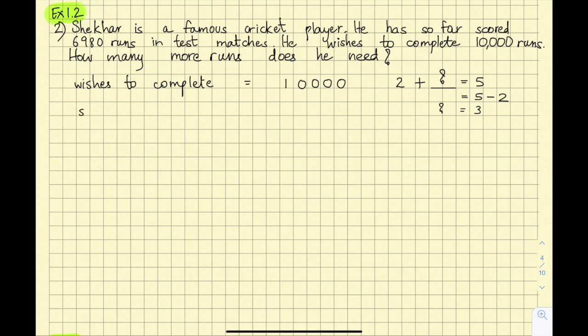So I write so far scored. So you can see everything is being copied from the question, and it's good if we write from the unit space or one space: 0, 8, 9, 6. So chances of making a mistake are less, and we put commas. And here what we need to do is we are going to do subtraction. Why subtraction? Because still he has to reach some more, he has to score some more runs.